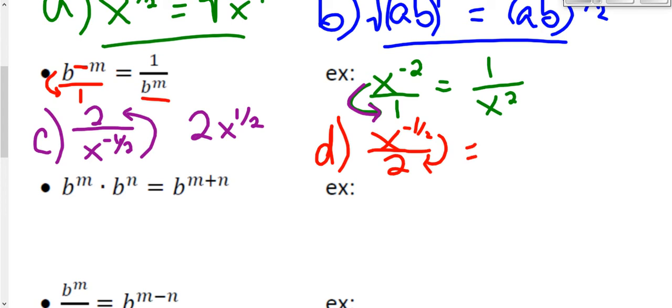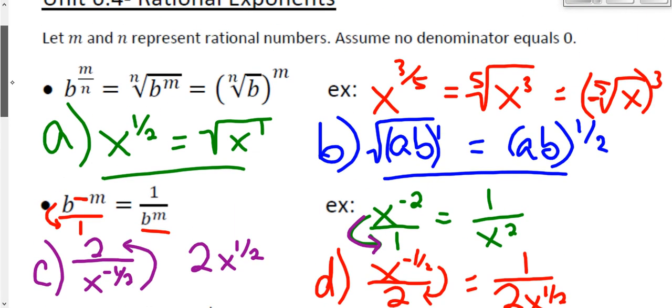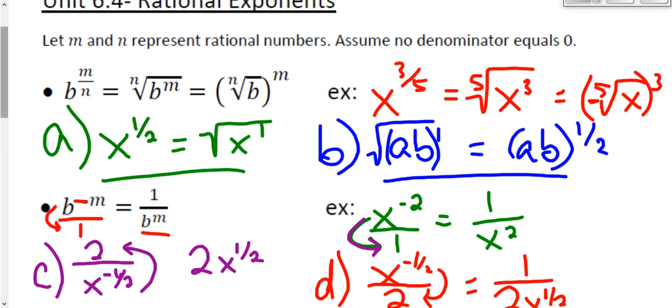So there's already a 2 in the denominator. It will stay in the denominator, and the x to the 1/2 will go down there to join it. And this time we'll have nothing left in the numerator, so we're going to go ahead and just put a 1 as a placeholder. Okay? All right. So those are our two brand new situations, both fraction exponents where the numerator is the power, the